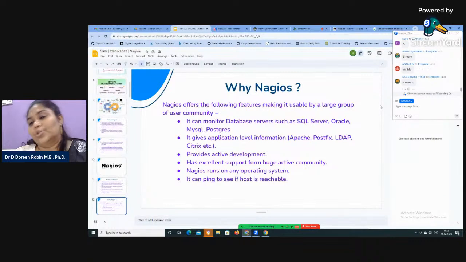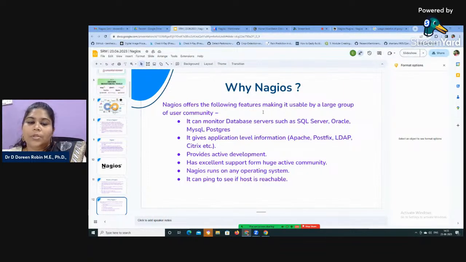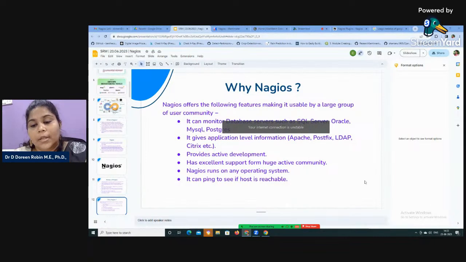Now coming to the question of why Nagios. What it can do, I told you, right, it is a continuous monitoring tool. It can monitor database servers such as SQL Server, Oracle, MySQL, Postgres, whatever your database servers are, right? And also it gives application level information for Apache Tomcat, Postfix, LDAP, or Citrix. It also provides active development. As and when you develop, you can launch the product into cyberspace and it will be monitored. It has excellent